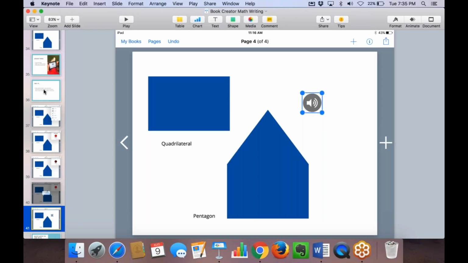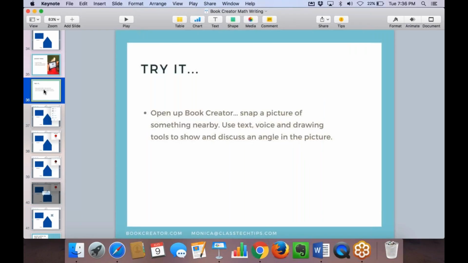So before we jump into some of my favorite math apps to use with Book Creator, and ways that you can inspire writers in your math classroom, I'd love you to open up Book Creator, if it's not open already, and snap a picture of something nearby. Maybe it's the corner of your desk or a kitchen cabinet or something that's in your range. And I'd love for you to snap a picture and use text, voice, drawing tools, maybe try a little bit of all of the above to show and discuss one of the angles in the picture, similar to my obtuse